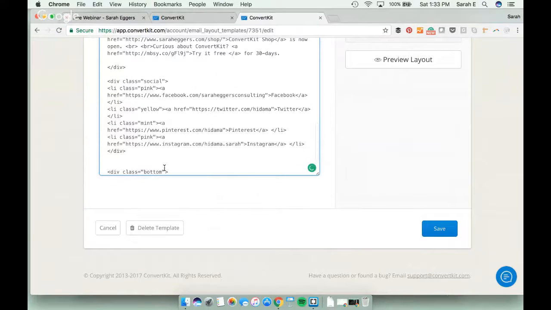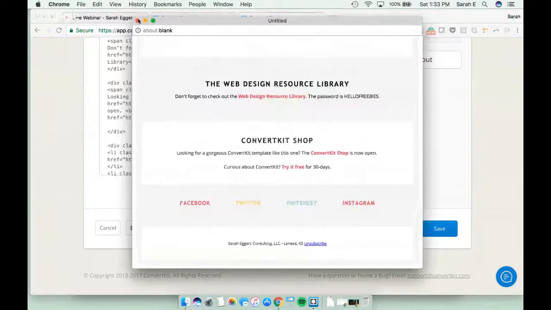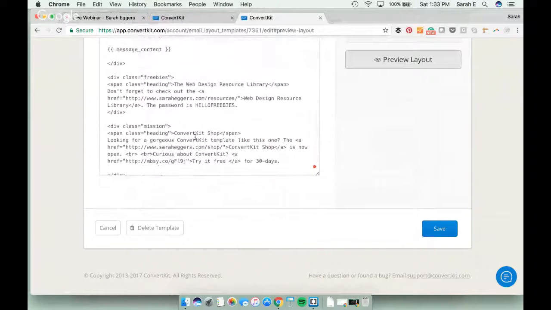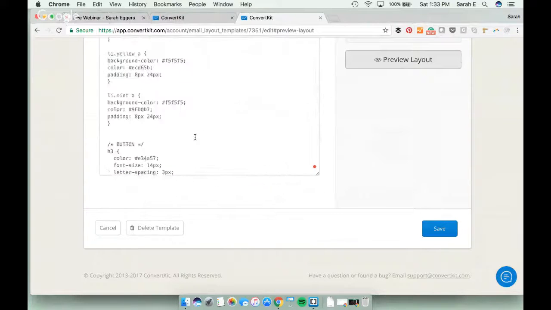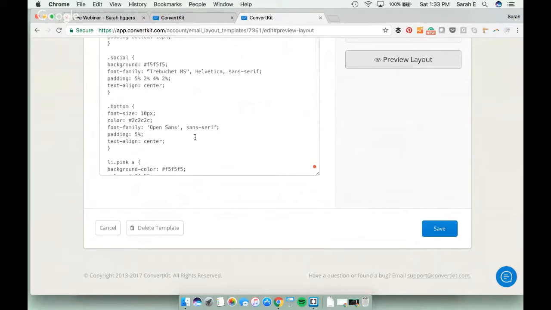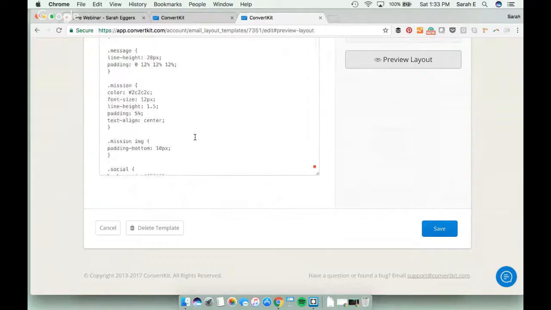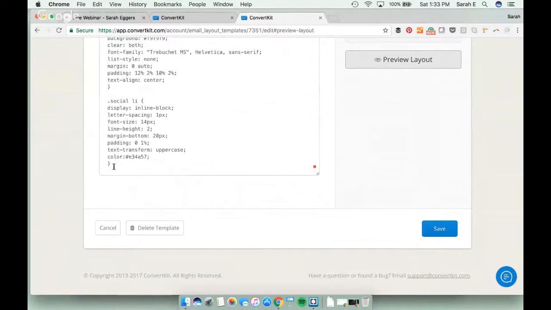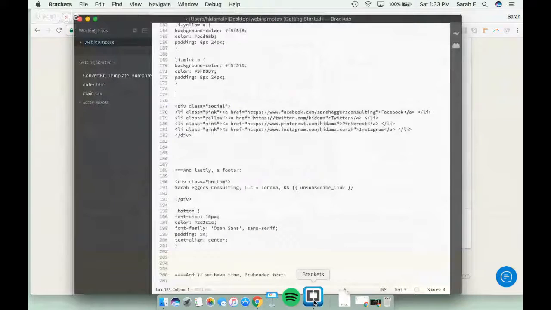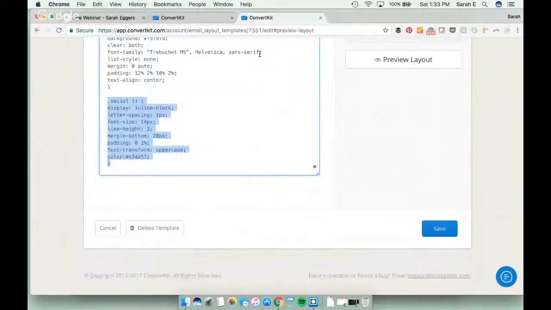So social class bottom. Because it shows up just fine down here. Let me see if I didn't carry over all of my social. Oh, it looks like I did. Now you can see all of the work that I put in. Haha, this is what I needed. Knew I forgot something. So actually, I will update this document in